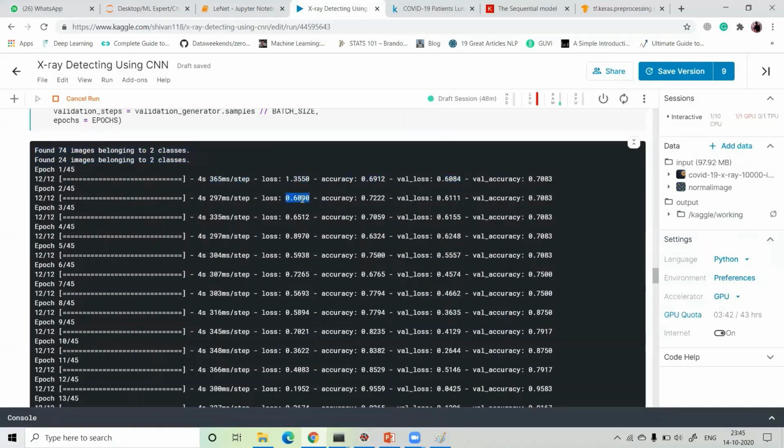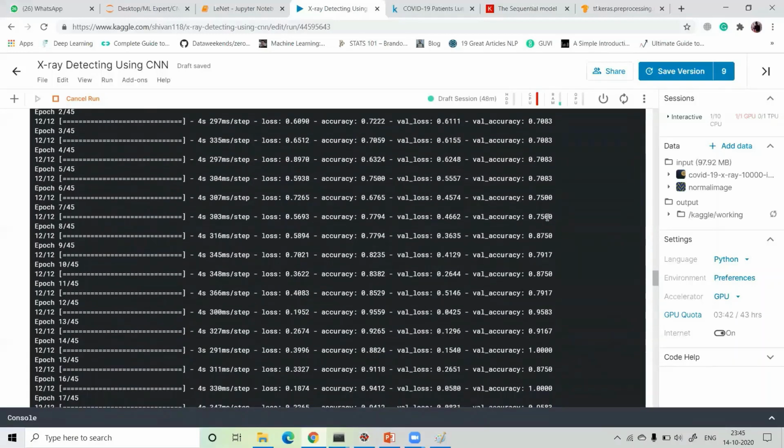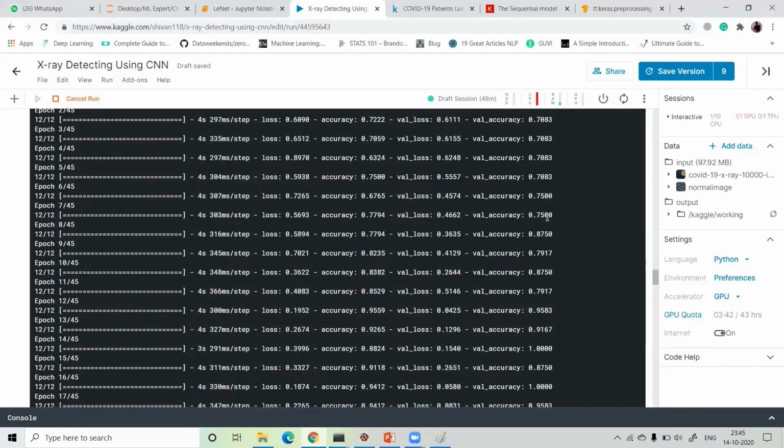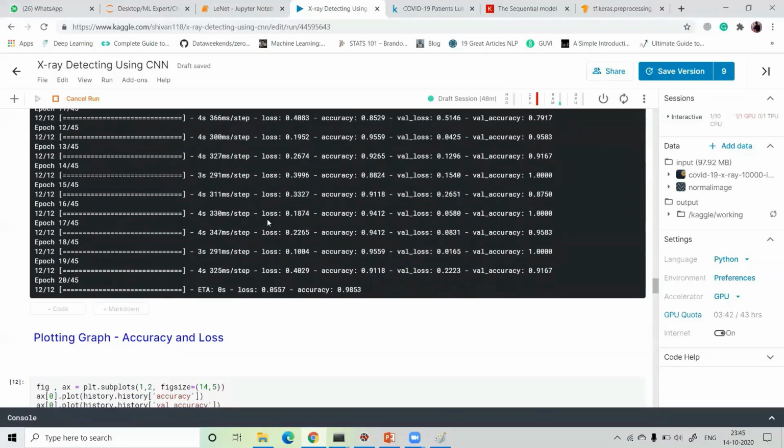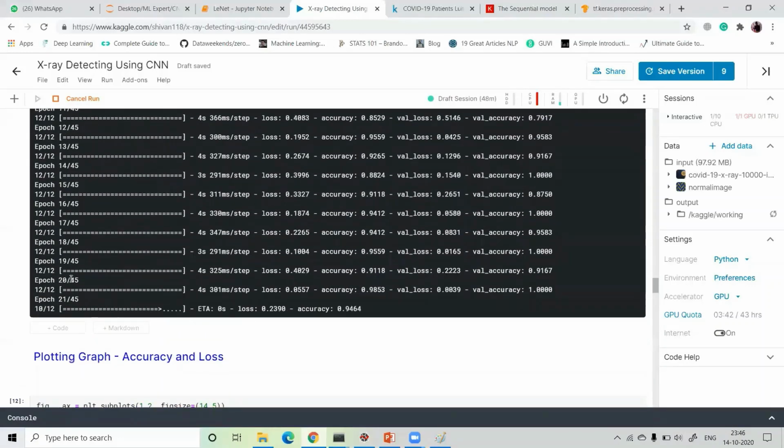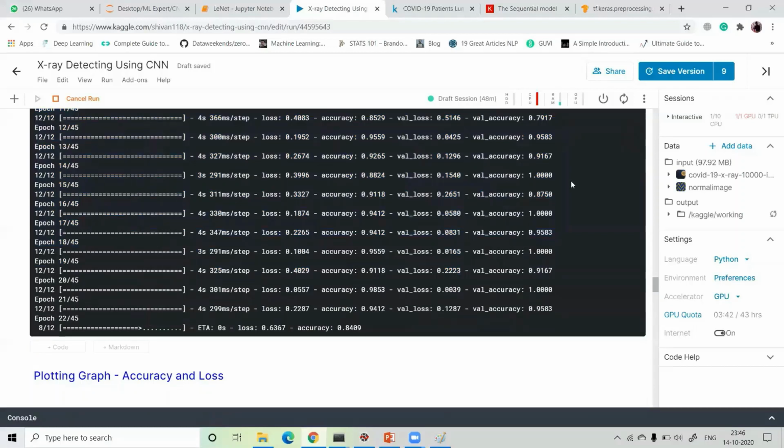Second epoch 0.60 loss and the accuracy is 70. Again 0.65 loss, 70 validation accuracy. Okay, so our validation loss is decreasing epoch by epoch, and our accuracy is increasing every epoch. Okay, so presently it is the 20th epoch, and let's wait a few minutes, guys.